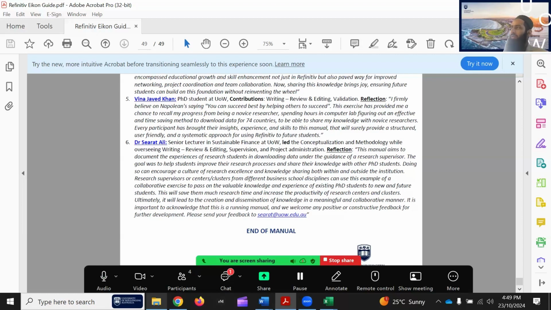I did my PhD using the Circa database and Morningstar. Later on, I started using Bloomberg, and then I started using Refinitiv in my job. So now, if I leave UOW, and I just use an example of someone else who is an expert in Refinitiv, they have used it in their research, and that person leaves, the institutional memory is taken with that person. We don't have anything. So a new person comes, and again spends the same time. So can we save that time? That's my ideology. Can we save that time? We can create some manuals, and if people move on, we still have that guide available.